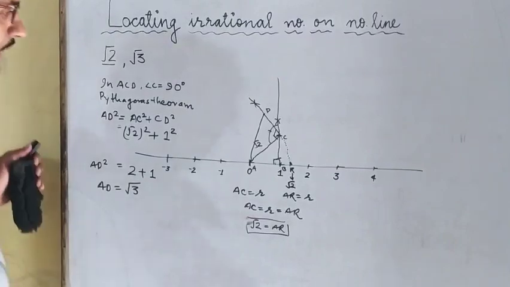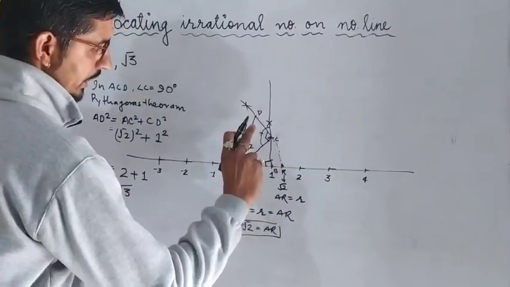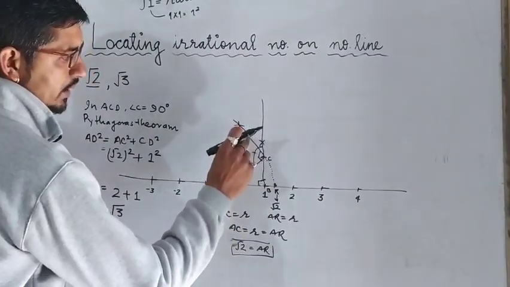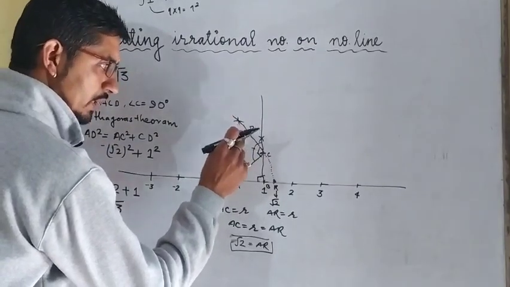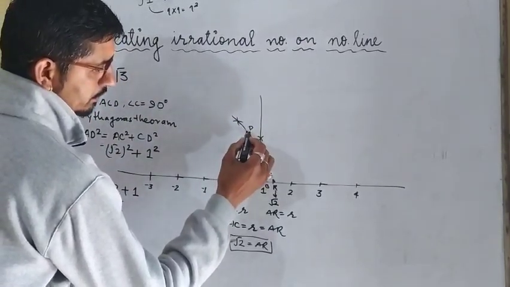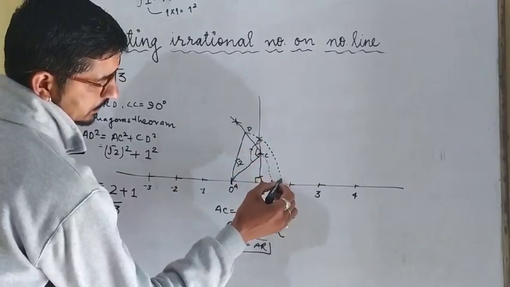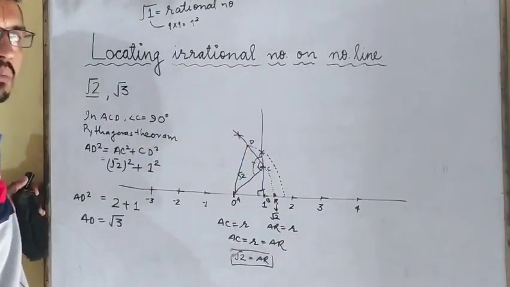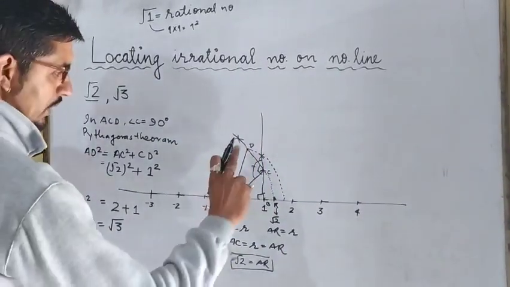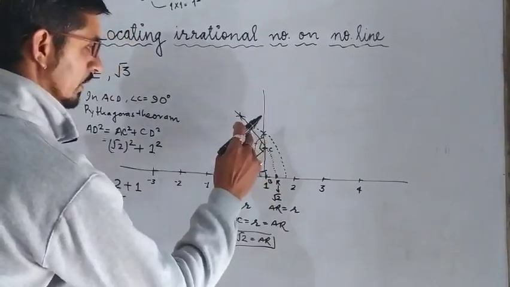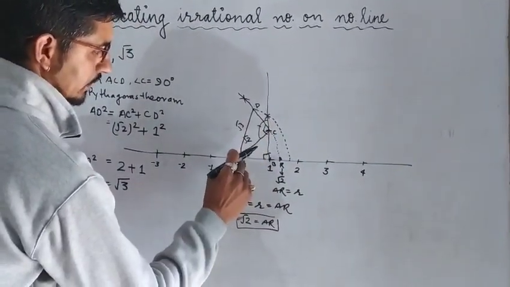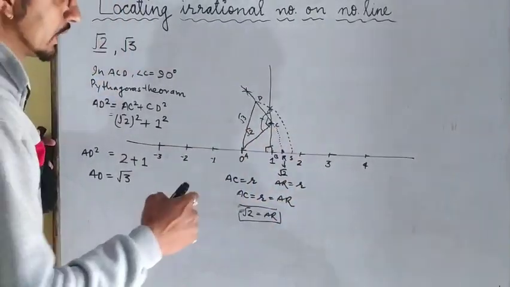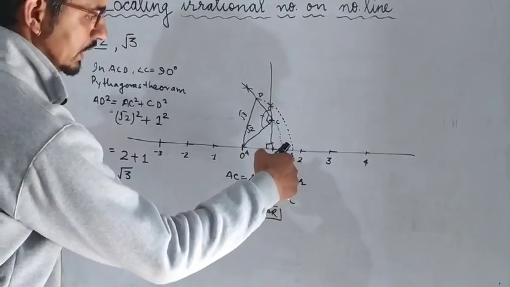If AD is equal to root 3, so what you will do? You will again wide open your compass, place one end of your compass here and place the other end of the compass here. Then you will make an arc which will touch the number line somewhere here in between 1 and 2. As we know, this is root 3. This is the arc of a sector. Give it a name. इसको भी नाम दे देते हैं. We have given it the name S.